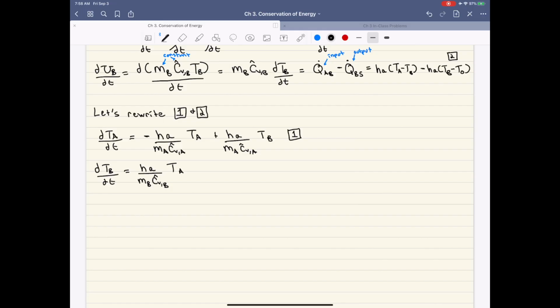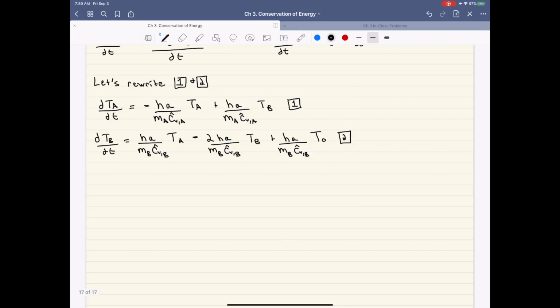We get HA over MB CVB times TA, minus 2HA over MB CVB times TB, plus HA over MB CVB times T naught, which is the temperature of the surroundings. So we have these two differential equations,